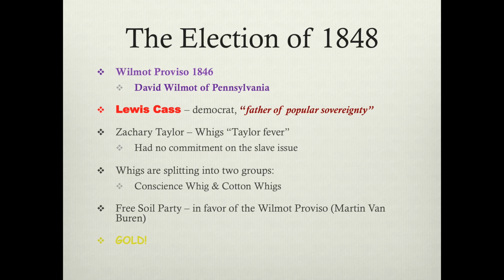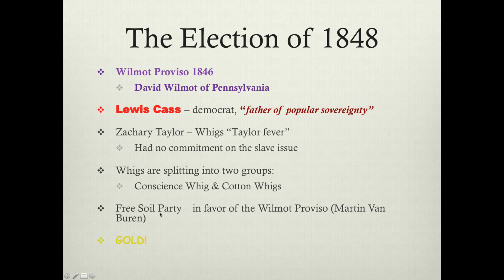That's because as a general, he never established any permanent residency in any one state. He was always traveling from state to state to state. So at the time of the election, he didn't have any residency anywhere, so he couldn't vote legally. The Whigs completely fall apart after this election. They win it, but they're divided now. You have Northern Conscience Whigs who are becoming abolitionists, and they want to see slavery end, and a lot of Southern Cotton Whigs who are slave owners, and they want to keep slavery going. Remember, the only reason why this party exists is they hated Andrew Jackson. Now that Jackson's gone, he's passed away by now, there's nothing to keep this party together.